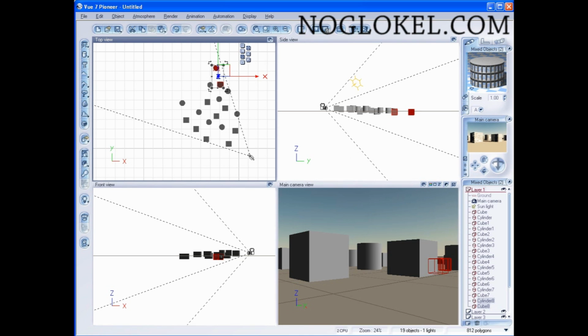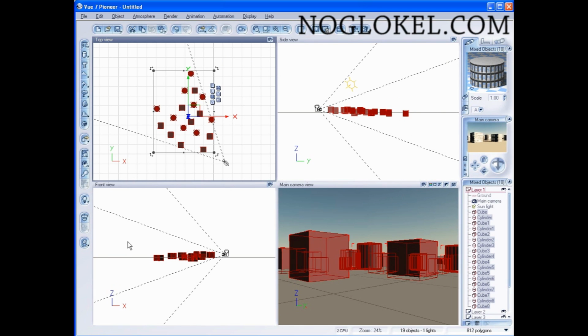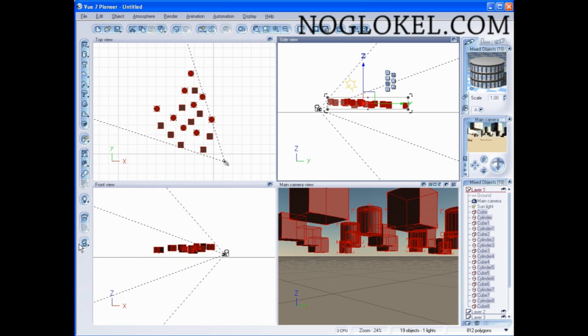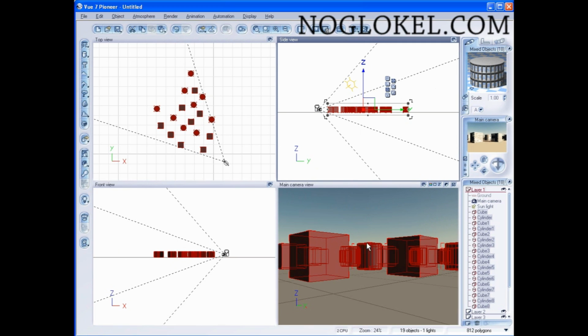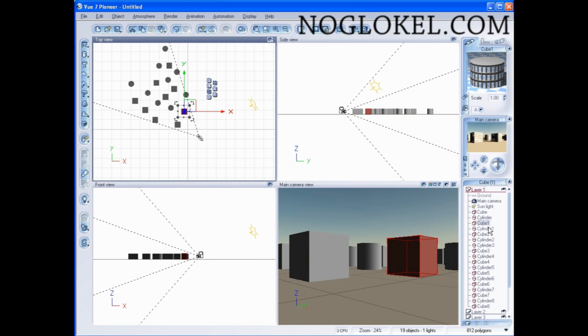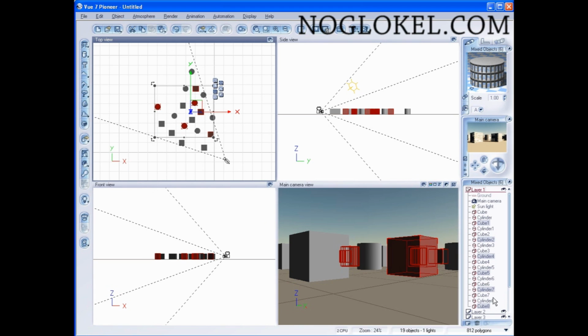Good. Now the next thing is we'll select our first cube, shift select the last, so we have everything selected. Then pick it up. We just want to make sure they all drop to the ground nicely. Now at this point we'll select a few so as to increase the size on some. So we'll select a cube, cylinder 2, cylinder 4, cube 5, cylinder 7, cube 8,